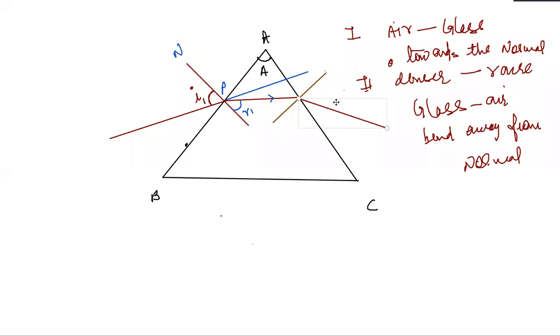It simply bends towards the base. You see very carefully, light again suffers deviation here. Light का दोबारा deviation हो गया है. Light was traveling like this. It bends like this. So if I produce the final light backward,